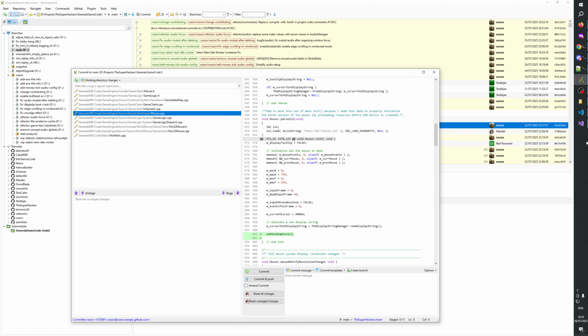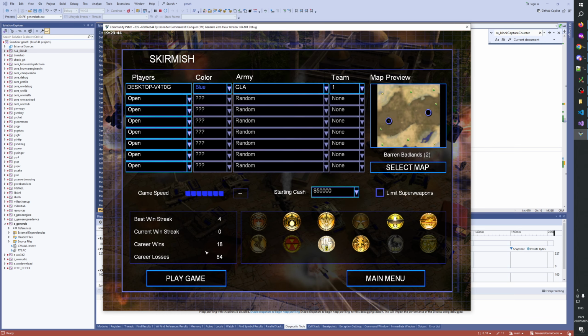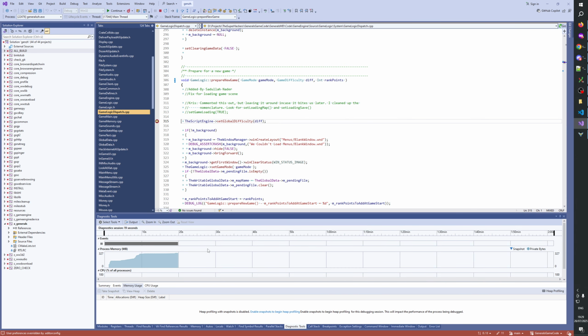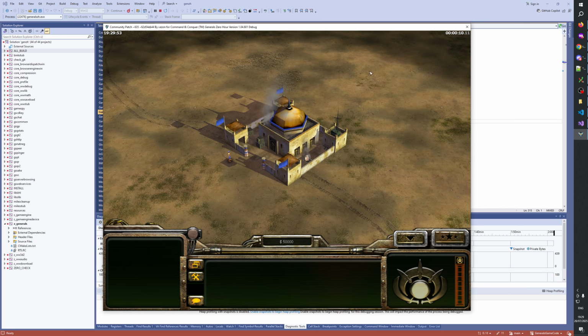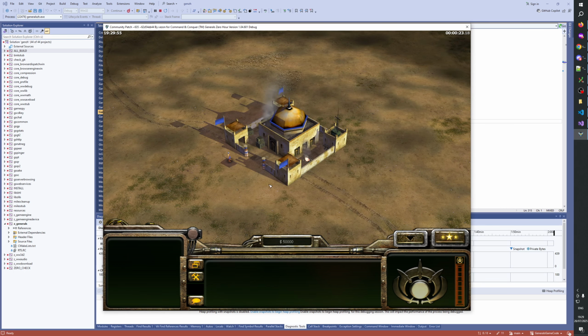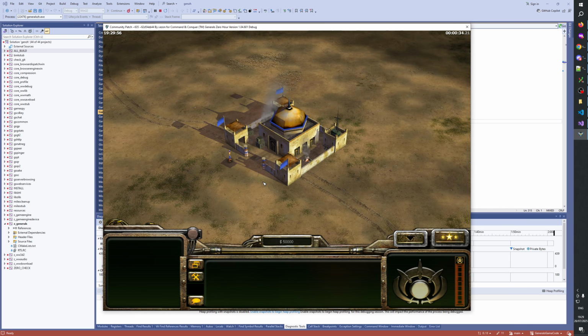Okay, so it's not blocked now. Yeah. It's blocked now. Okay, somehow it works correctly, which is a bit unexpected. I didn't expect it to work.